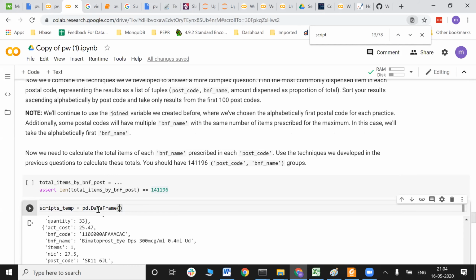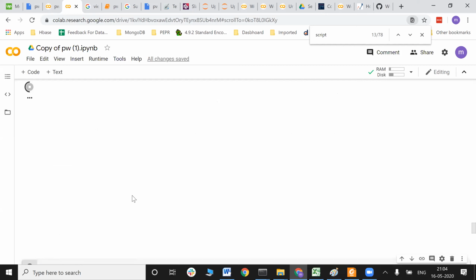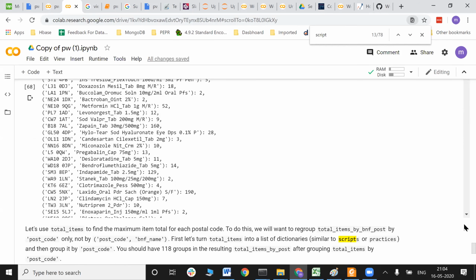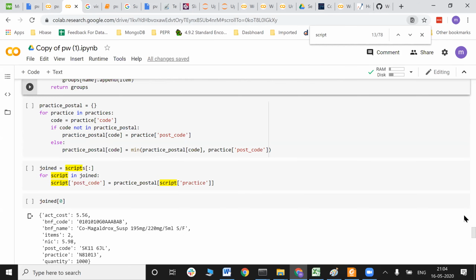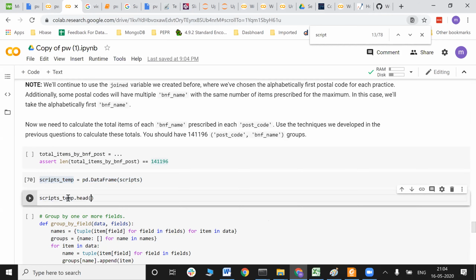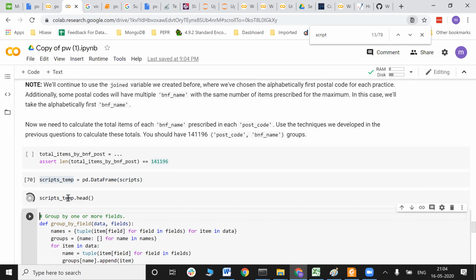I'm getting it as part of my scripts. So this is my data frame, and this is how it looks.